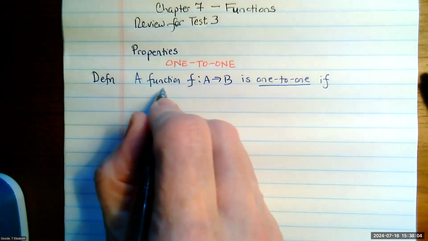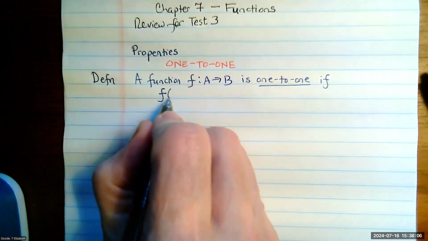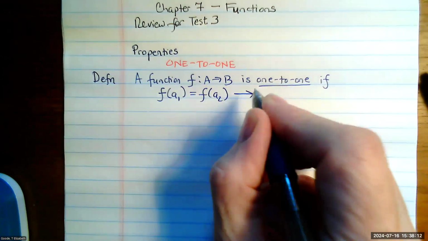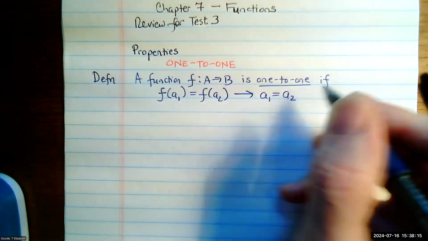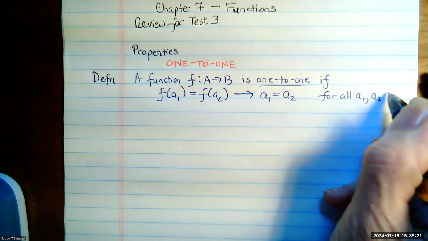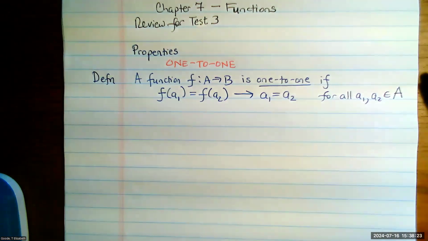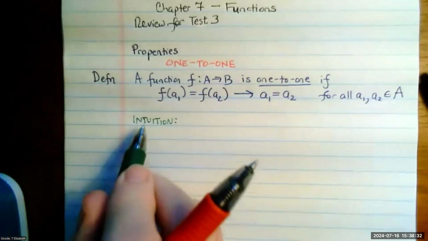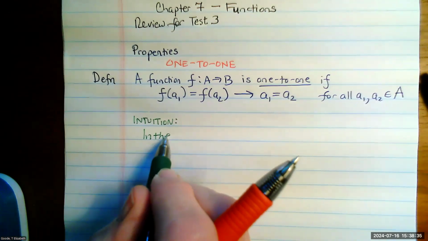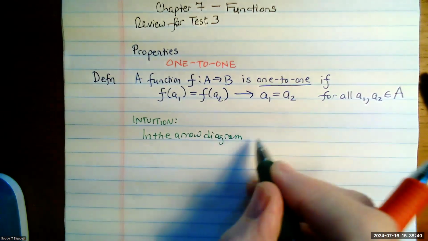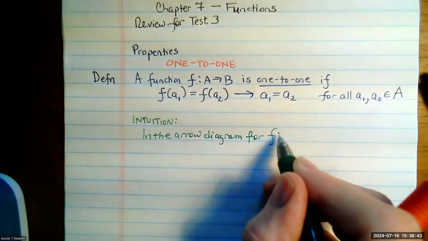In other words, we write it this way technically. If f of a1 equaling f of a2 implies that a1 is actually equal to a2, and this is for all elements, little a1 and little a2, of course, from the domain A. And the intuition here that goes with this definition is this. In the arrow diagram for f from A to B,